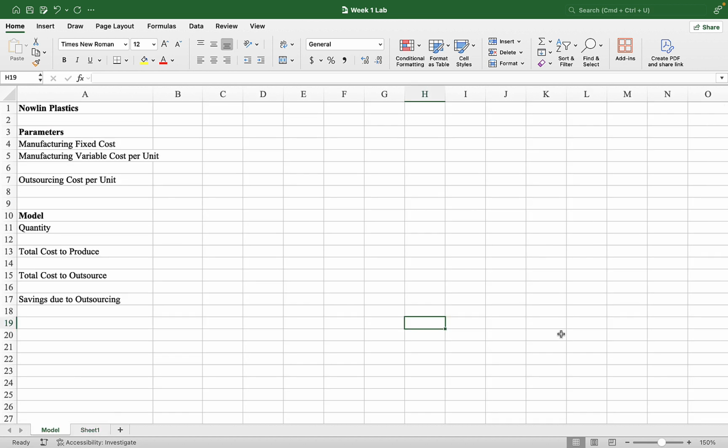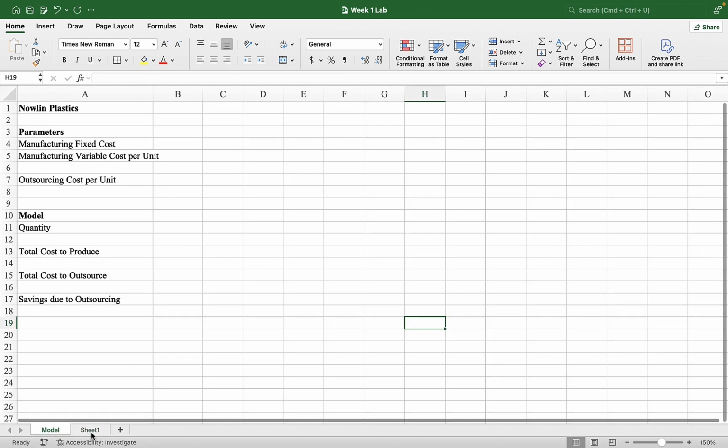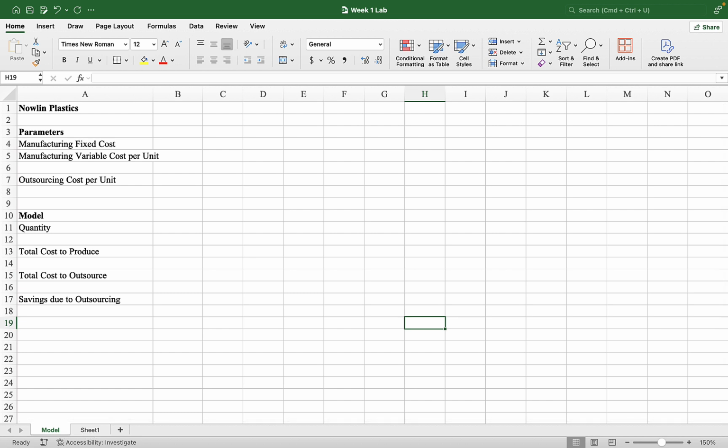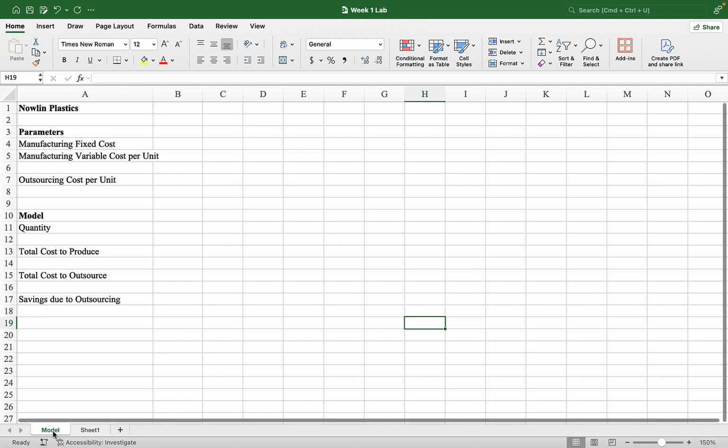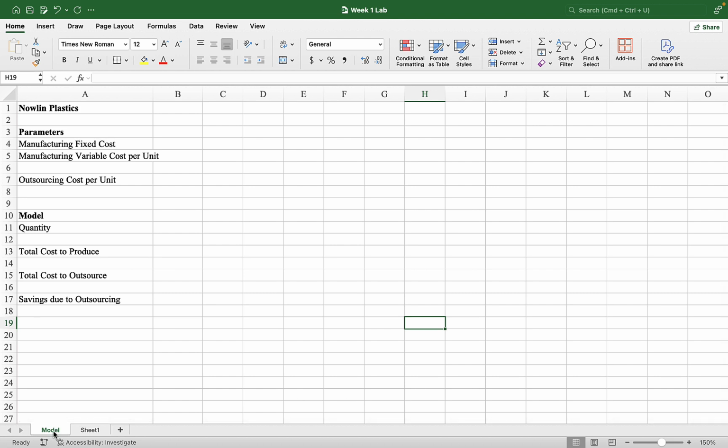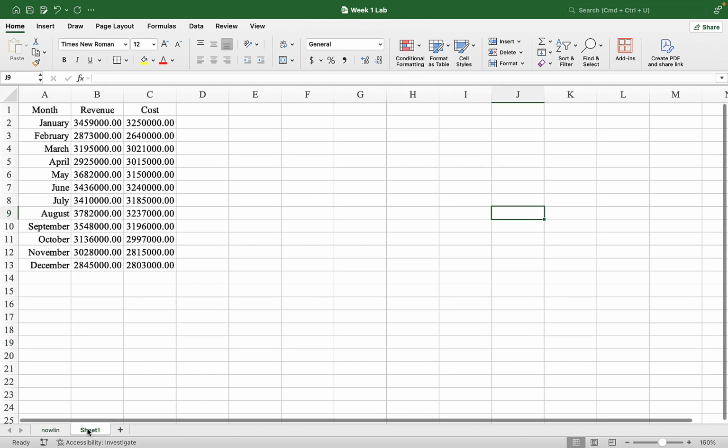The last thing I want to do is label each of these tabs with a meaningful name so that when I open this, I can see right away what tabs I have, what they're called. So this one was called Model. That doesn't tell us that much. I'm just going to rename it the file name that I downloaded. So if I double click on the tab where it says Model, I can just type right over it, N-O-W-L-I-N. Great. And then sheet 2 was from a file called Nolan Financial, so I'm just going to call this one